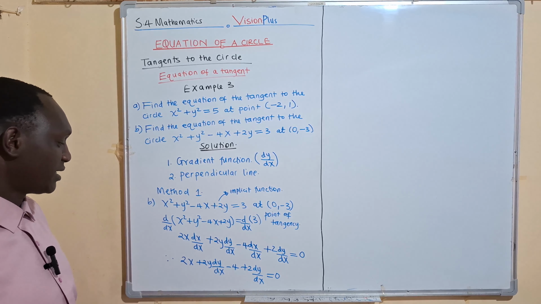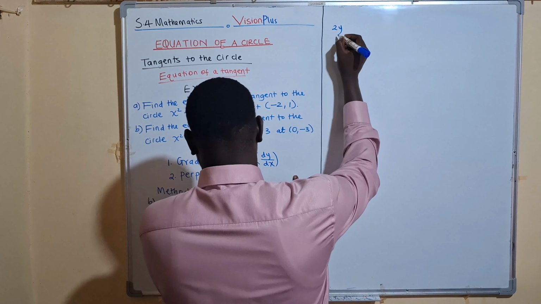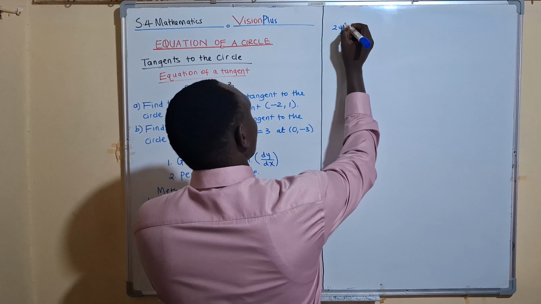So we collect the like terms. dy/dx, we shall group them together so that we shall have 2y dy/dx plus 2 dy/dx